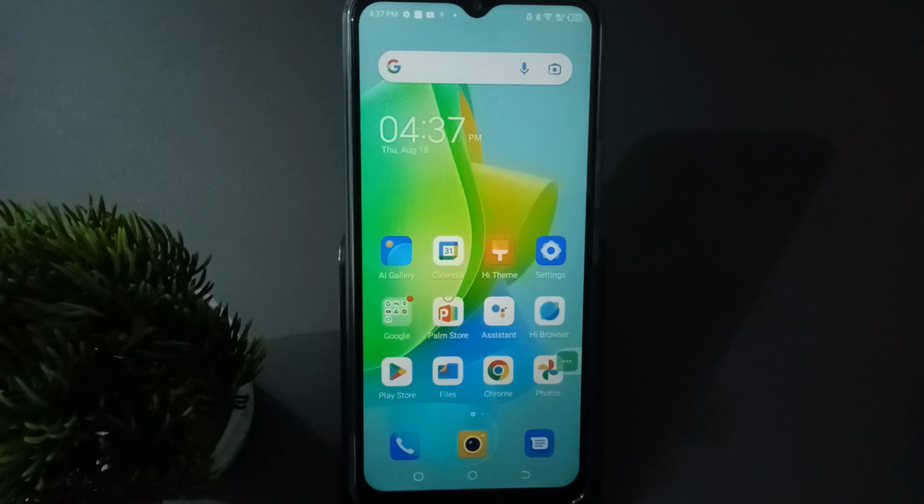Hello friends, today on this video I'm going to show you how to change wallpaper on an Infinix mobile